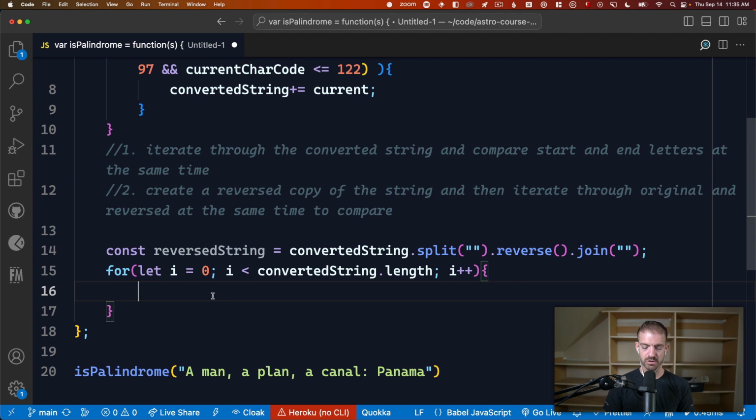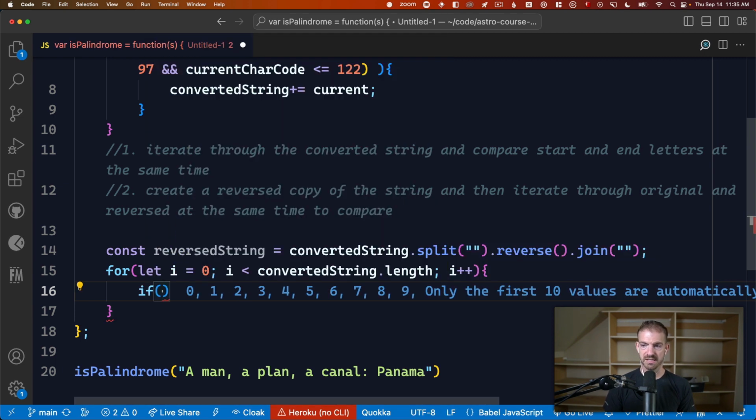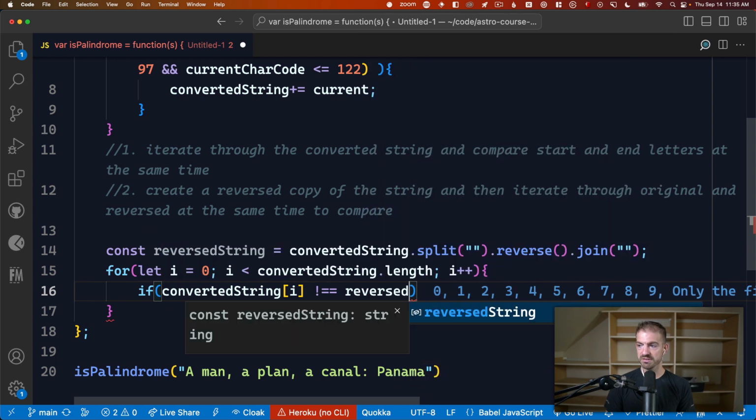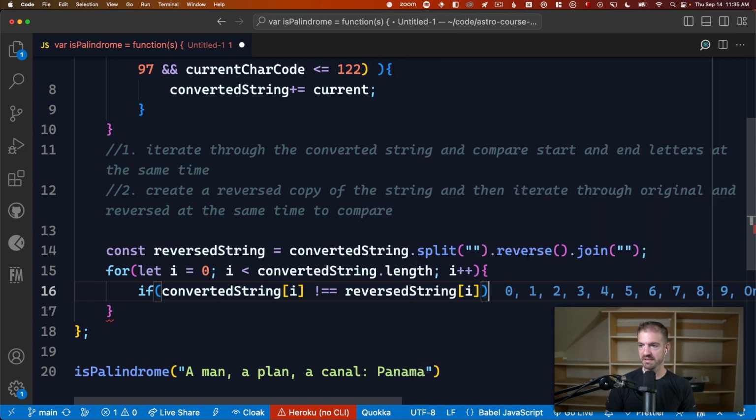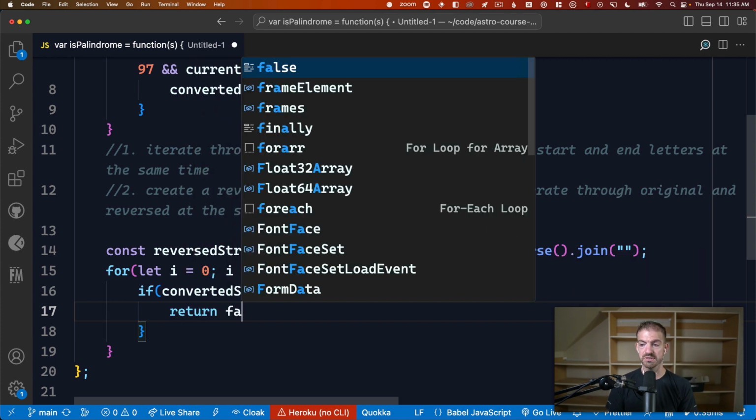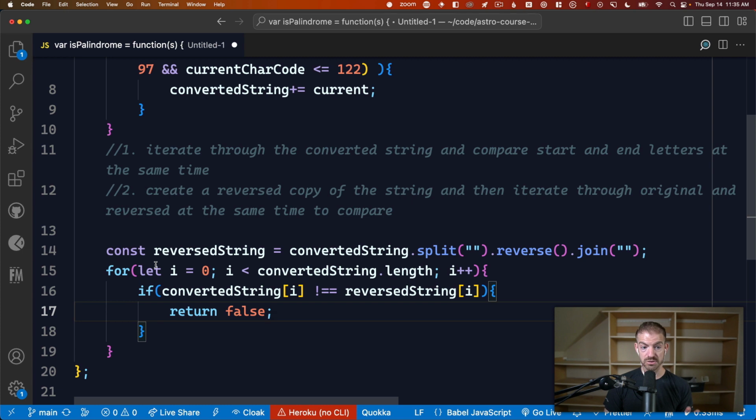So we can take our if condition and say if the converted string at i, and then we could check to see if it equals the next thing, but actually we could do the counter of that to see if it doesn't equal the reversed string at the same index. If that is ever true, we could return false. So we could short circuit through this for loop. Again, we'll shorten this down in a second. And then if we make it through the whole comparison and we never